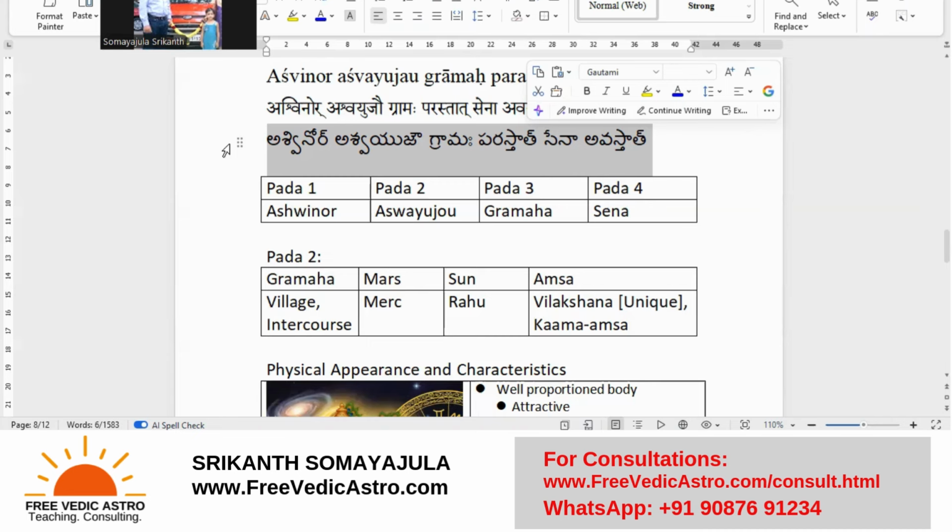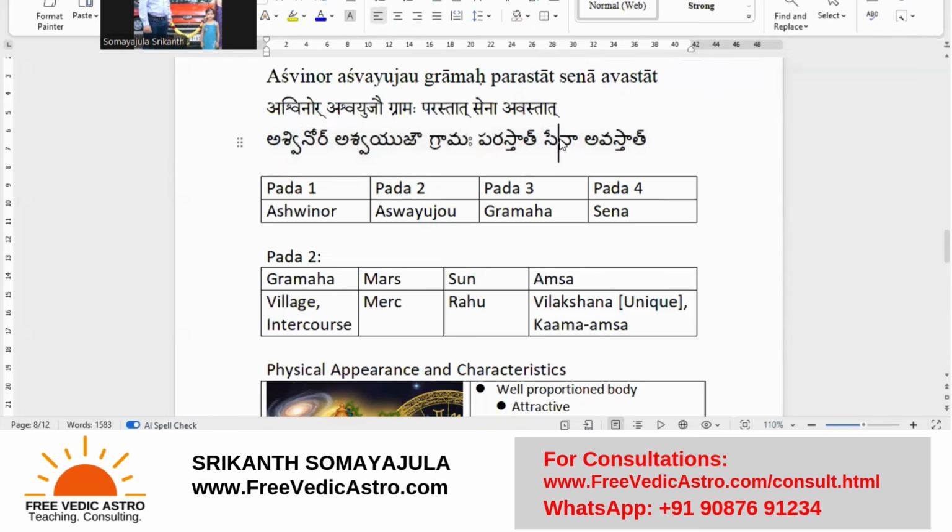Usually Kartikeya is considered as the husband of two women. One is Valli, who's a tribal. The other one is Devasena. The Devasena is nothing but the army of the Devas, right? So that Sena is what you can consider here. And two horses are having the intercourse to produce it.